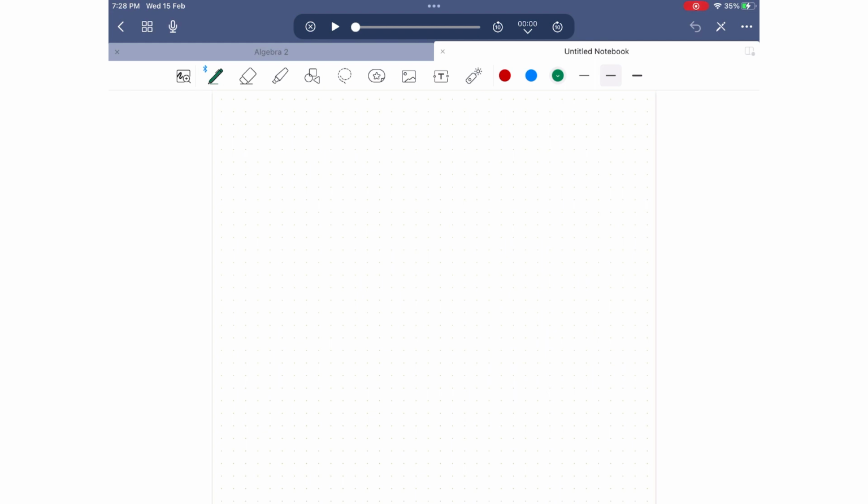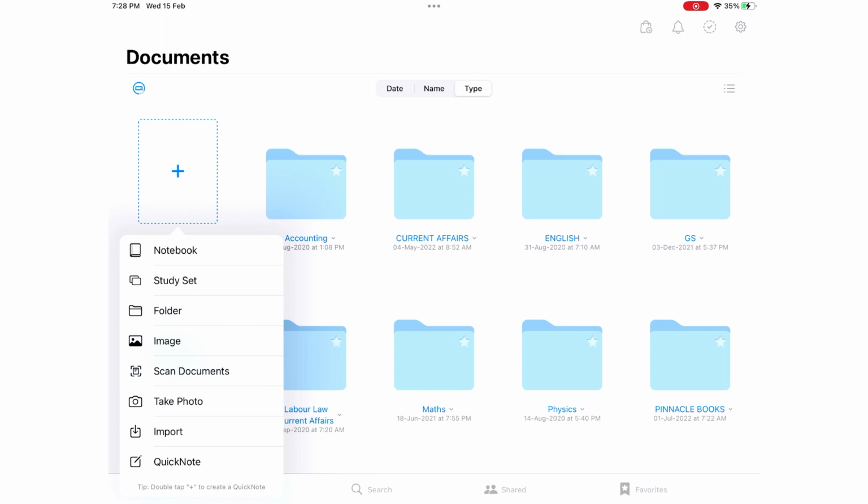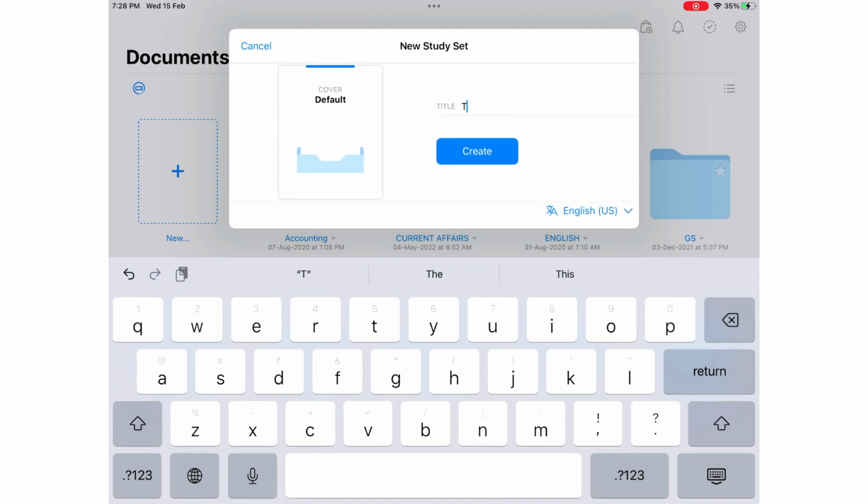So let's talk about another exciting update, the introduction of flashcards in GoodNotes. You can now create and study flashcards right within the app. This is perfect for those who are preparing for examinations and just want to memorize new information. To create a flashcard, simply tap the create new or add icon in the document, similar to how you create new notebooks. Then select study set, give the title if you want, tap on create and enter your question and